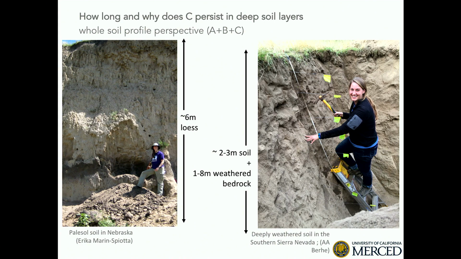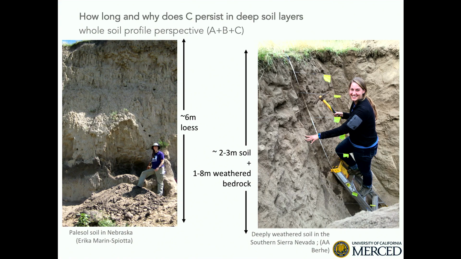This is a loess deposit in Nebraska. The part we're studying is about 6 meters deep, loose material that was blown away by wind. We're trying to understand how much carbon is in these deposits, especially in deep soil layers. We're particularly interested in understanding how this carbon-rich layer that's about 6 meters from the surface, and under some of the exposures,